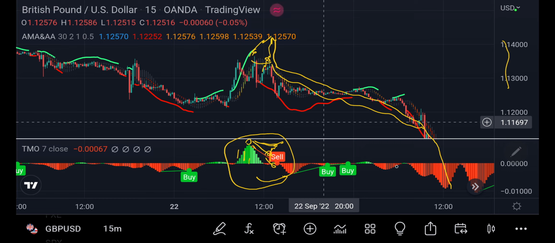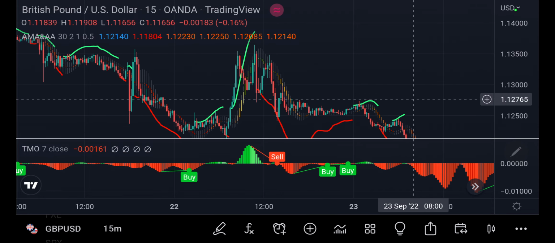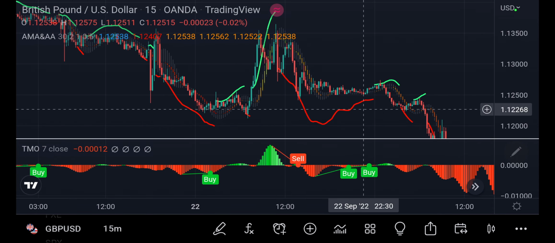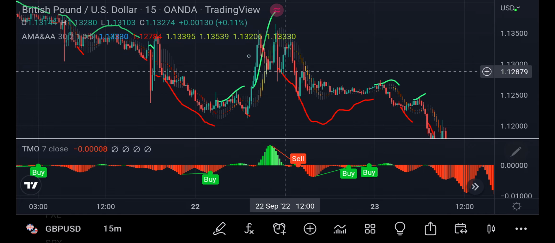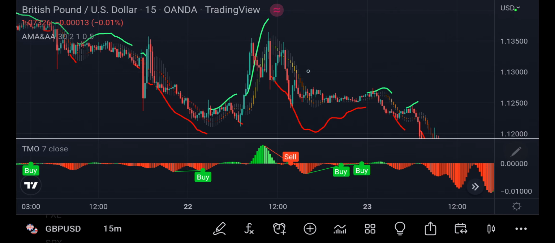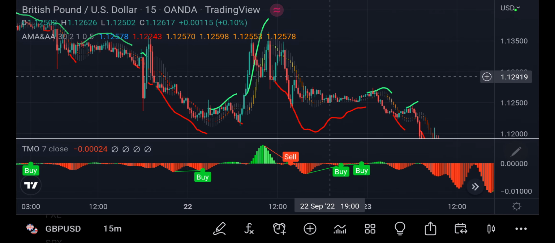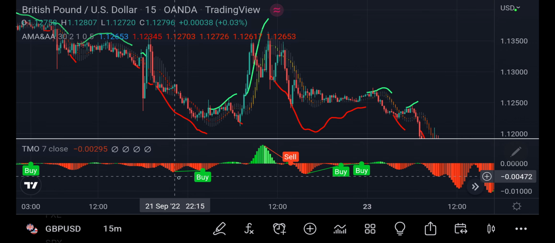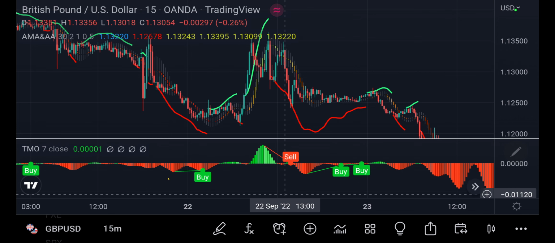And I'll just show you something else. If you see a very good signal, most of the signals are very accurate. If you remove the candles, then you don't see the price action, but I'm going to remove the candles for you so you can see how you can take an exit from the trade, which will make it easier for you. So if you see here again, it shows the divergence,